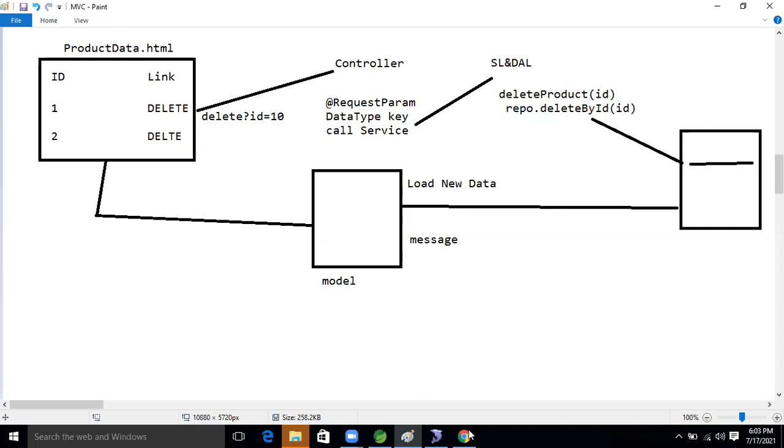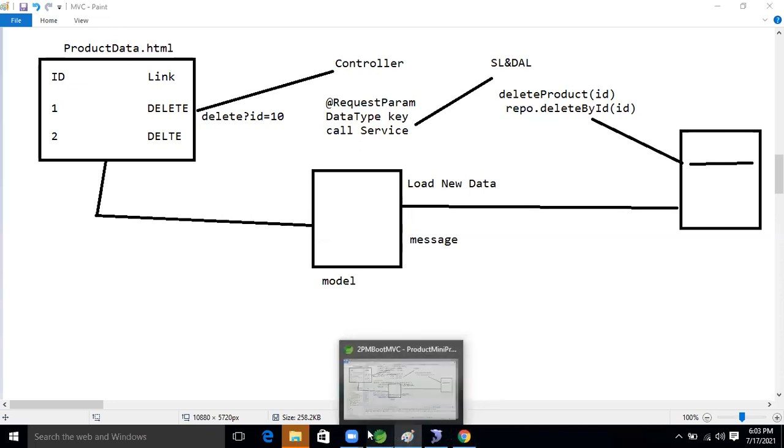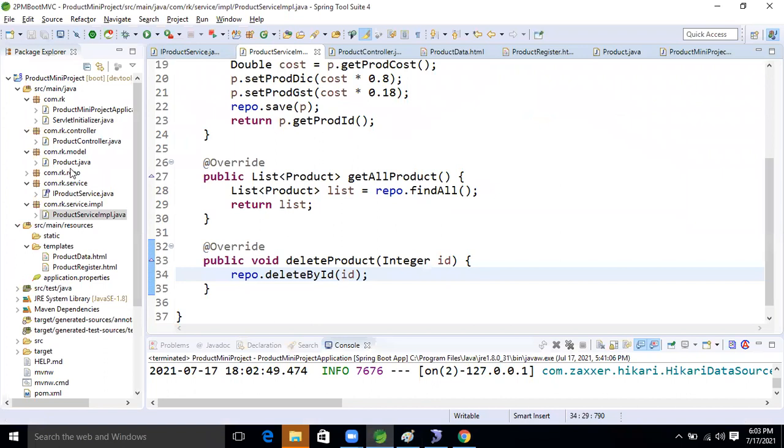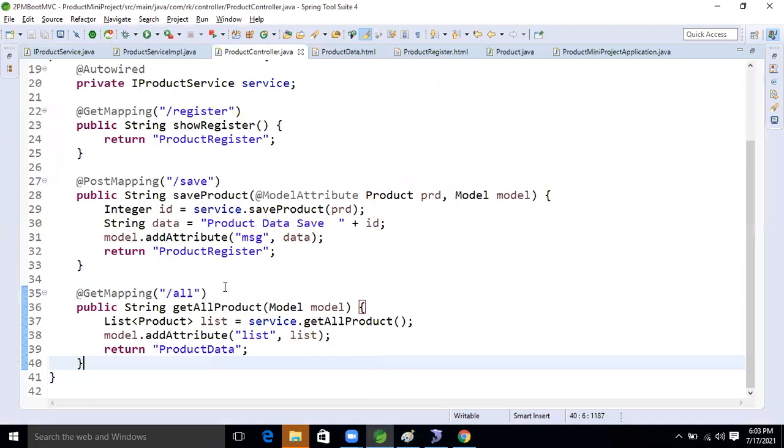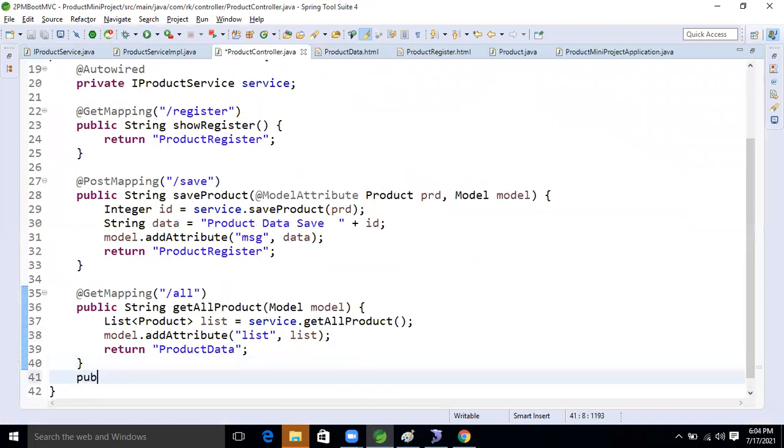So come to our controller class, the product controller. Let's write one method here: public, remove product.